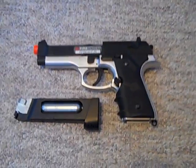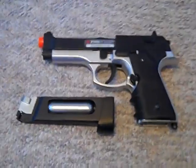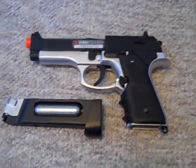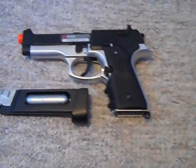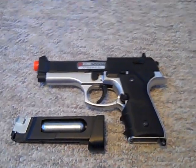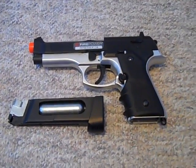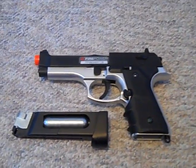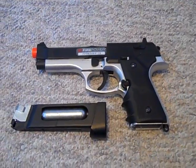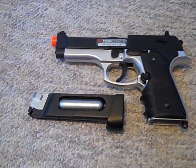Alright everybody, I'm Pro Airsofter, and today I'm going to do about 3 reviews actually of some guns that aren't the most high quality, and they're not very expensive, but they do work. That's why I have them. They're pretty cheap when it comes to the price, but they actually work better than what you'd think. People just put around a lot of rumors, and